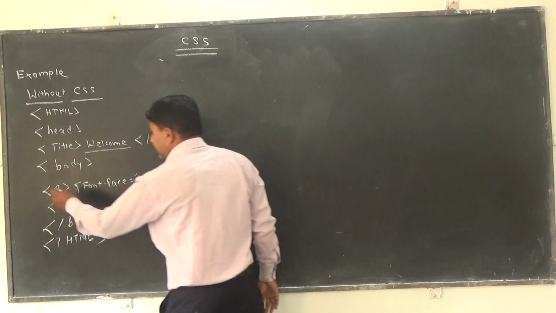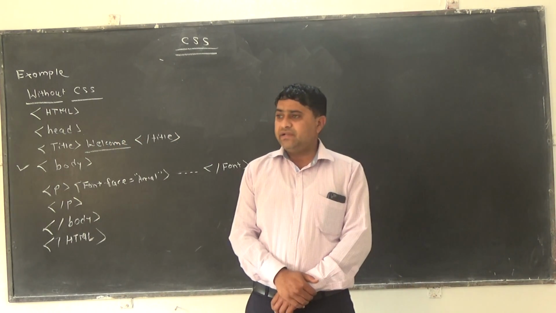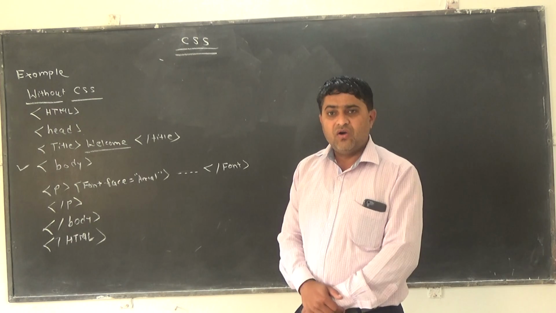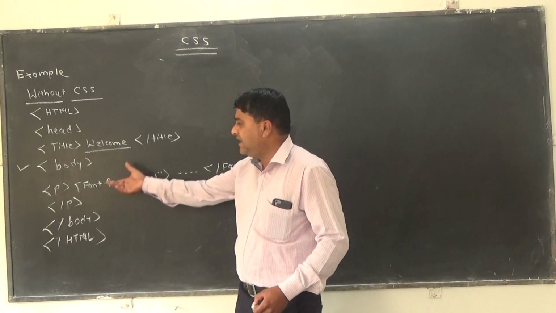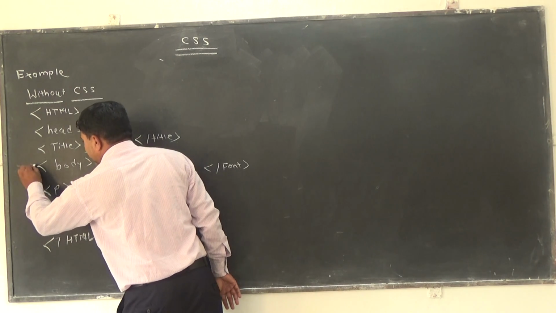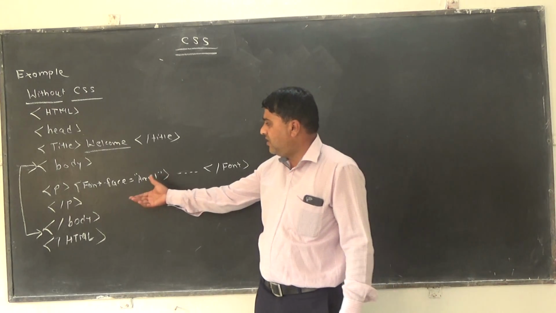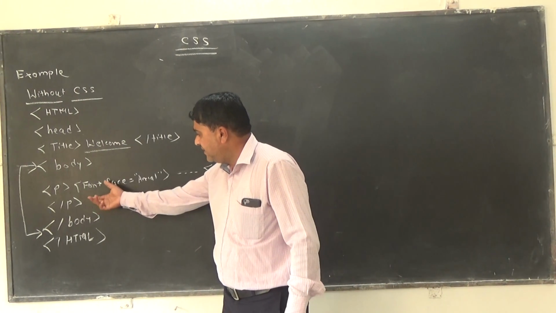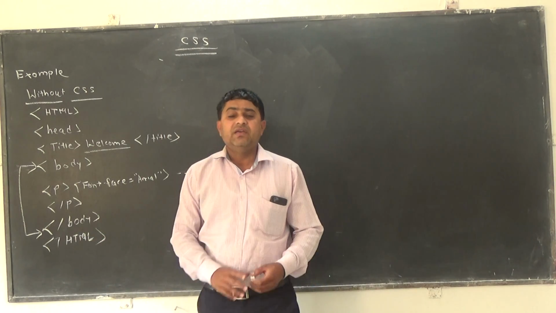Next, there is the body tag. That is the most important tag of the HTML structure. The body tag plays a very important role in describing your web document on the web page, or describing your elements. We embed the different elements inside the body tag. The actual information of the body tag will be displayed on the web page. So this is the body tag. In the body tag we apply the different elements. And the last one is the close tag, meaning that we close your HTML.